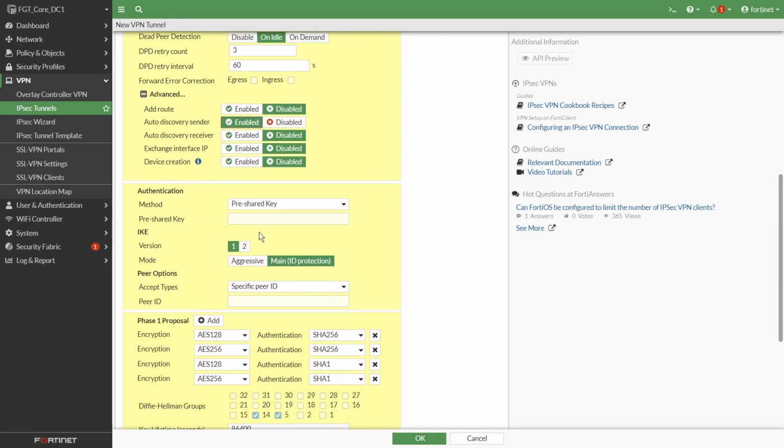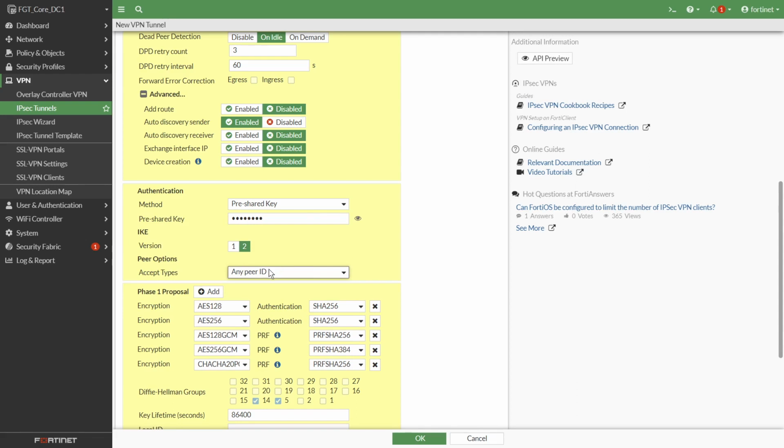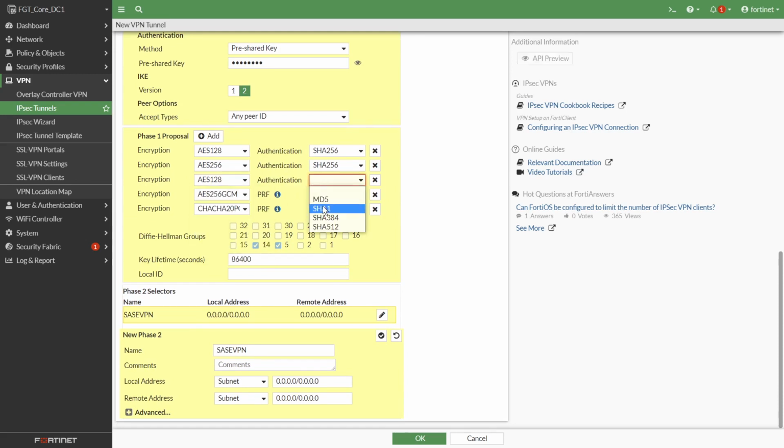In the Authentication section, add a pre-shared key for FortiSASE to use to gain access. Set the IKE version to 2. Under Peer Options, set Accept Types to any peer ID. In the Phase 1 Proposal section, select AES-128 and AES-256 encryption, each with both SHA-1 and SHA-256 authentication, and Diffie-Hellman